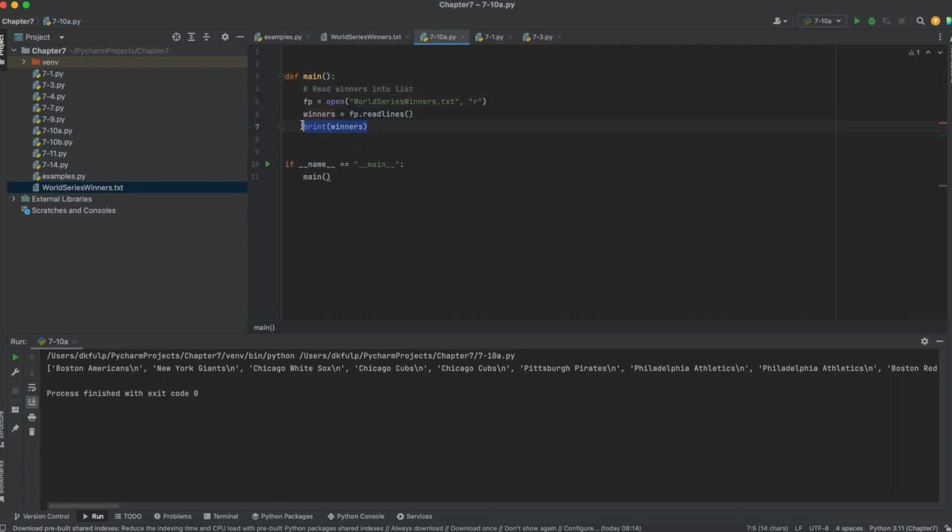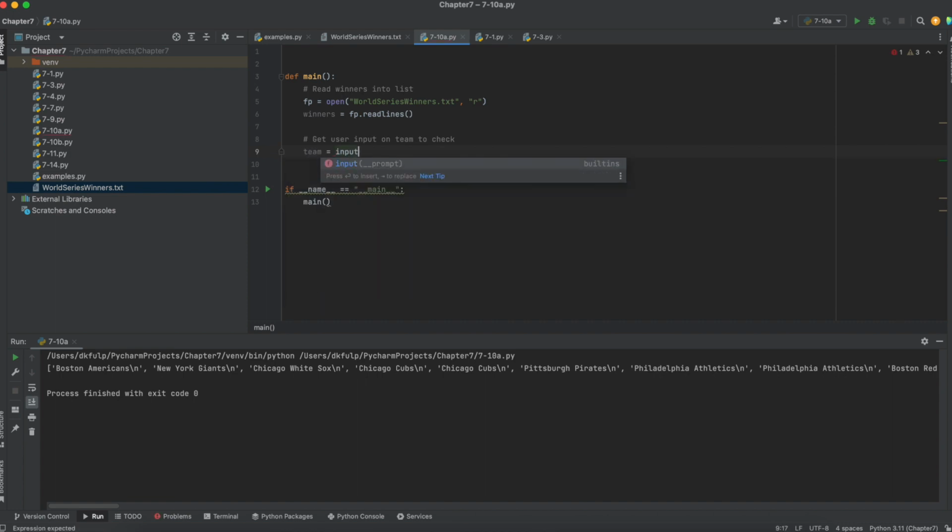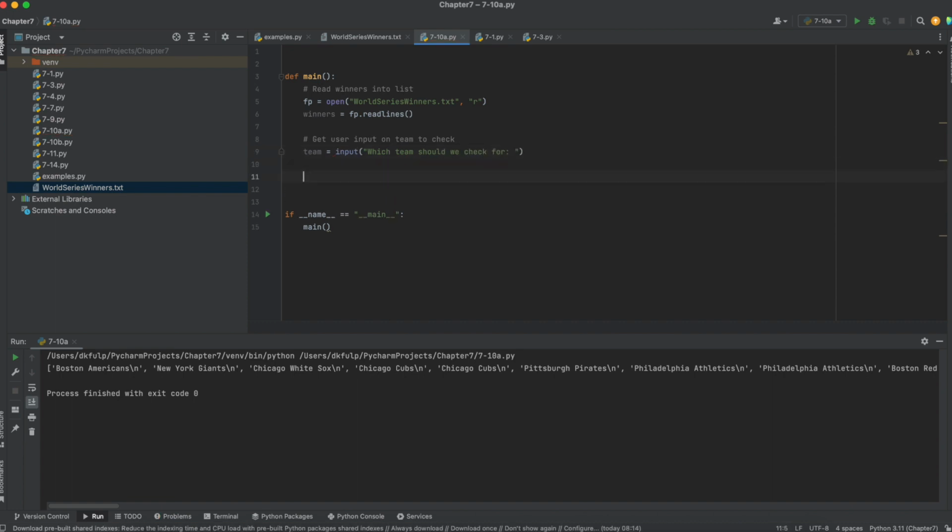Okay, so after we've read them into a list, we need to get user input on the team to check. So we'll say team equals input, which team should we check for? Something like that. Then we'll say for T in winners,